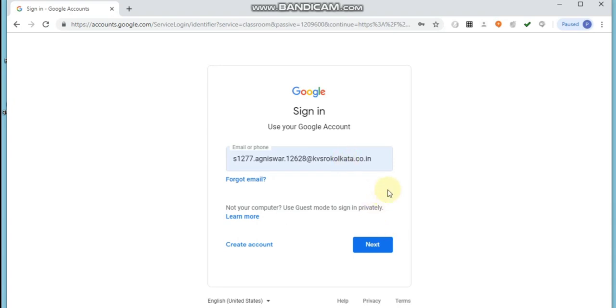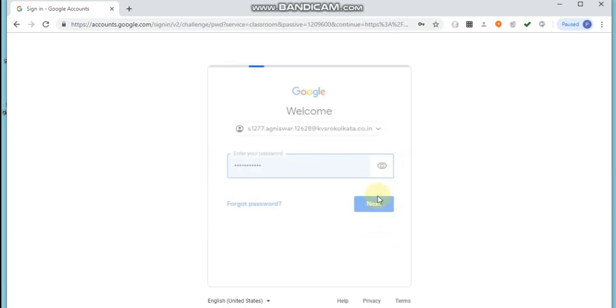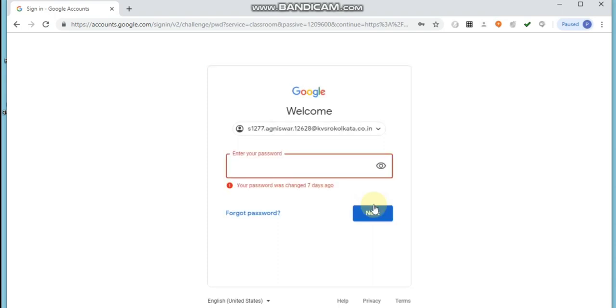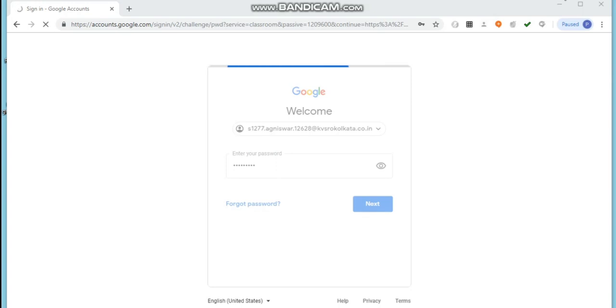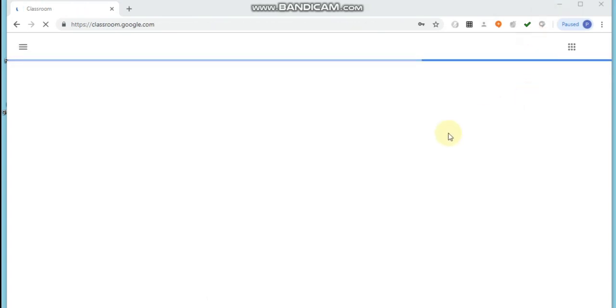Now the student will log in. So once the student gets logged in,